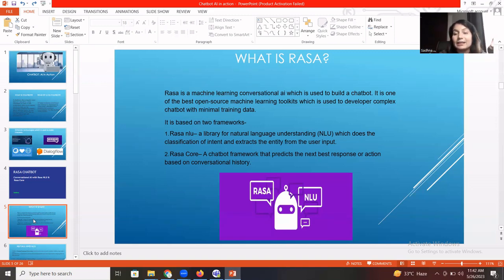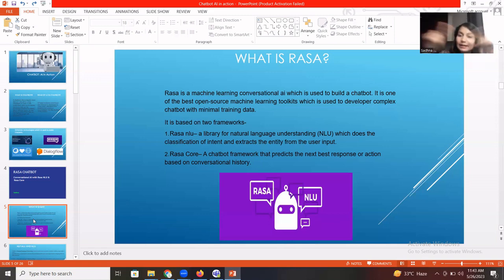And the intent is like the context of the conversation that you are saying. There are different ways of calling it. Like what is the capital of India? Do you know the capital of India? I mean, India's capital is Delhi, a capital of India? So there are different ways of asking the same question. That comes under one intent, and that is the intent for the programming and the system.